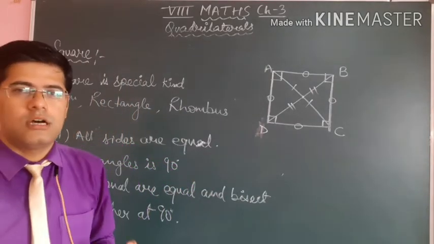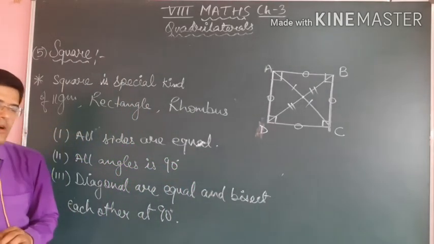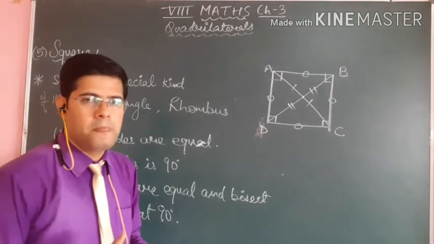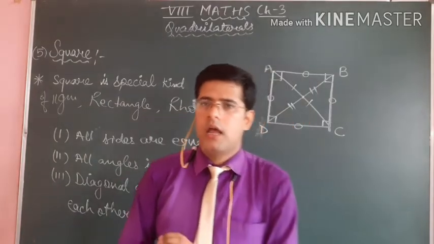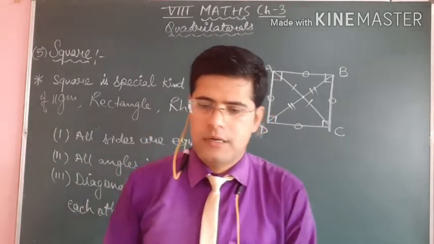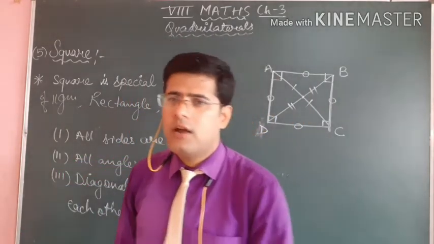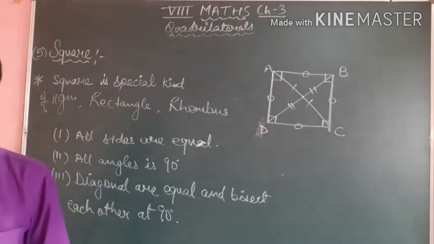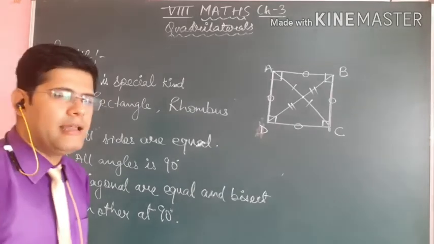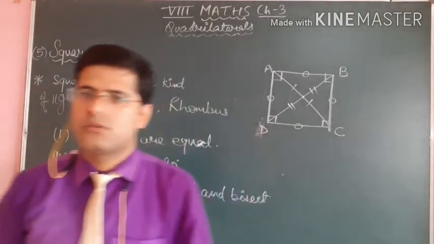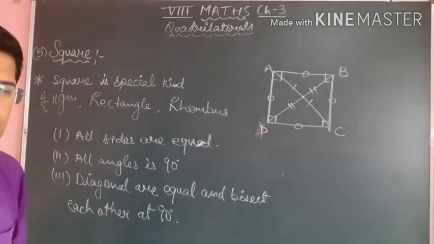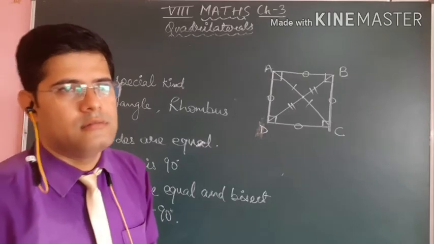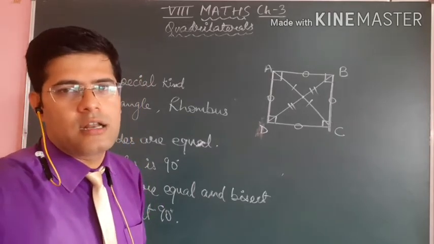I just use the term king because all the properties of any of the quadrilaterals resemble in the square. Okay, students, here we have done the kinds of quadrilateral. Only one kind of quadrilateral is left, that is kite, and I am going to give you some idea about kite also, because that is also important in 8th, but the kite property will not come in 9th. Only that property appears in 8th, not in the 9th.